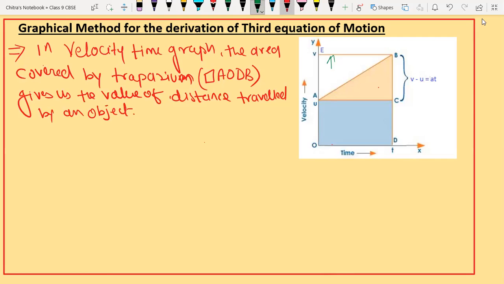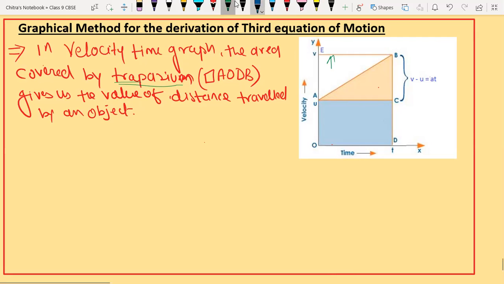Yes, sir. Sir, we have already written the statement, right? Yes, beta. But here we have to take the area of a trapezium, not a triangle and quadrilateral. This is the basic difference. The thing is same, we will get the same area, but we will get a different formula for that.